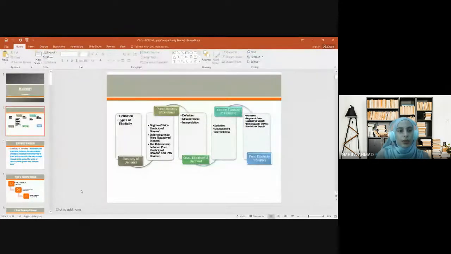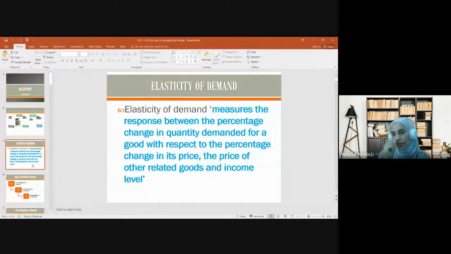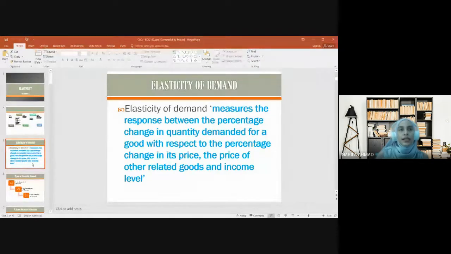Right, so now we look at elasticity of demand. So apa itu elasticity of demand? Okay, elasticity itself, apa maksud elasticity? Elasticity ni bermaksud dalam bahasa Melayu keanjalan, anjal atau tidak anjal, ya. So anjal bermaksud kalau kita ada getah tu kita tarik, kita boleh tarik jauh, bermaksud anjal. Dan kalau kita tarik dia pergi sedikit saja, itu maksudnya tidak anjal. Right? So elasticity ni bermaksud kita nak tengok the responsiveness ataupun the sensitivity of consumer towards change in the price